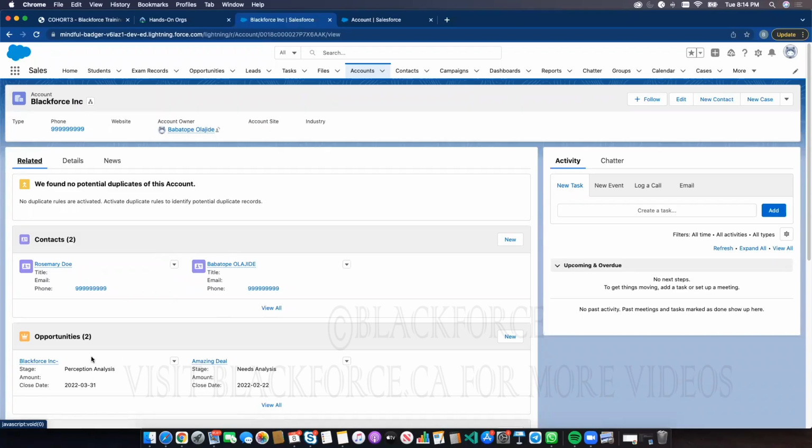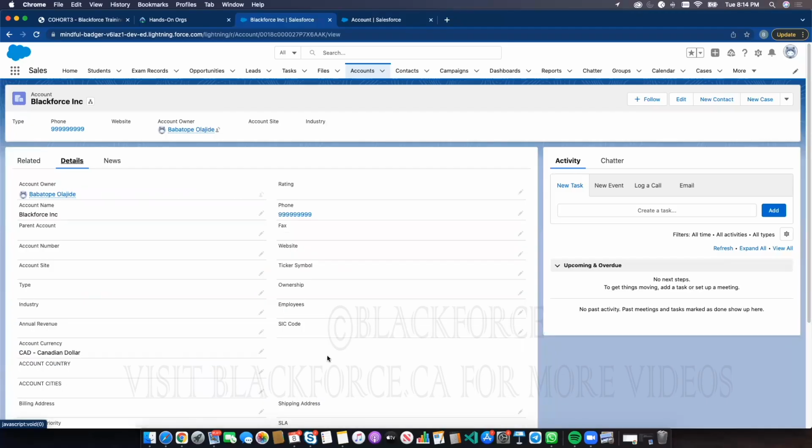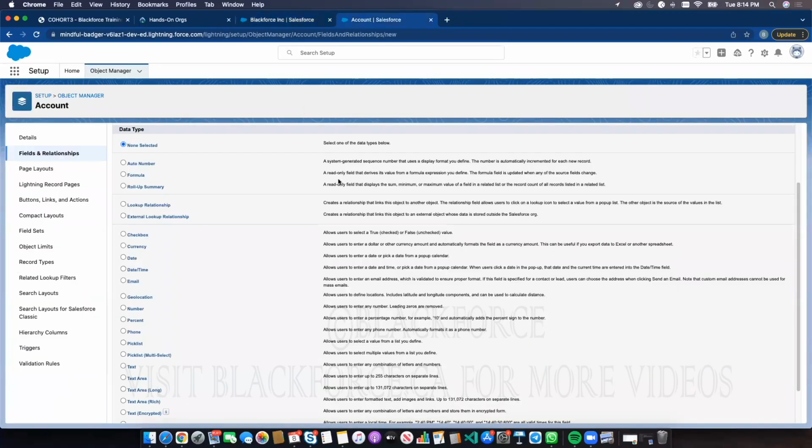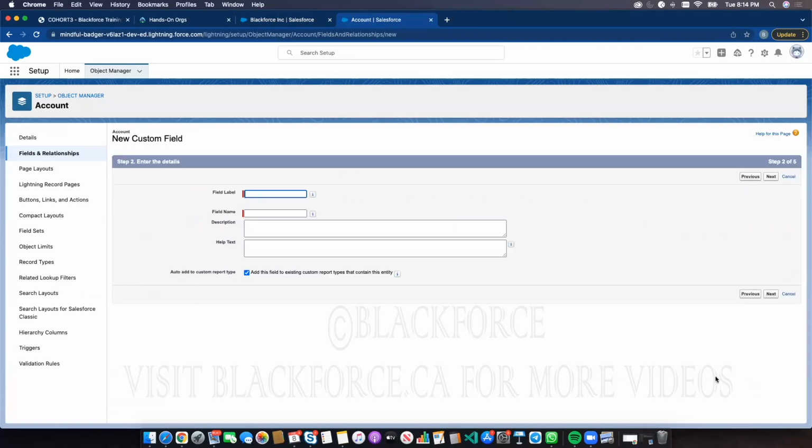So in an opportunity right now, if I have an amount that is $1 million, and I have another opportunity that is $2 million, I have another opportunity that is $3 million, I can calculate the average value of all the amounts in those opportunities and display that in the account object, because a roll-up summary gives the sum, the minimum or the maximum value. Let me explain to you. I select a roll-up summary and I call it average opportunity value,